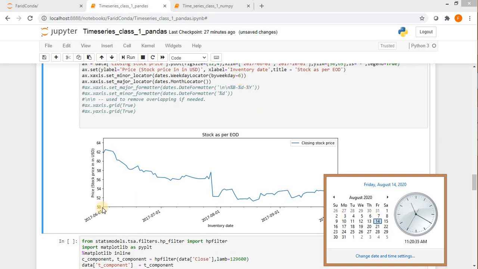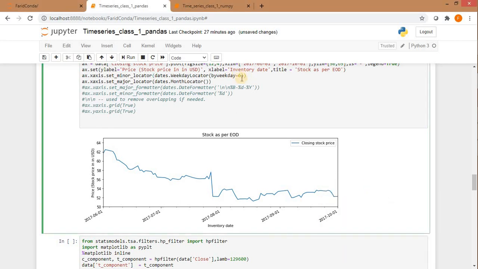So the value it is going to show here is Sunday. Okay, so now let's display. It has given the indicators, the locators. It has given the location where to place the values for the minor locators.